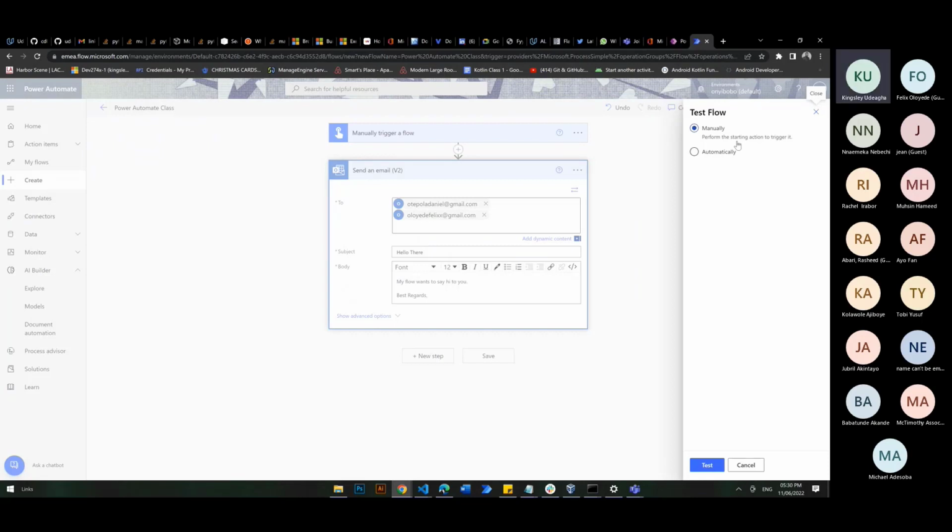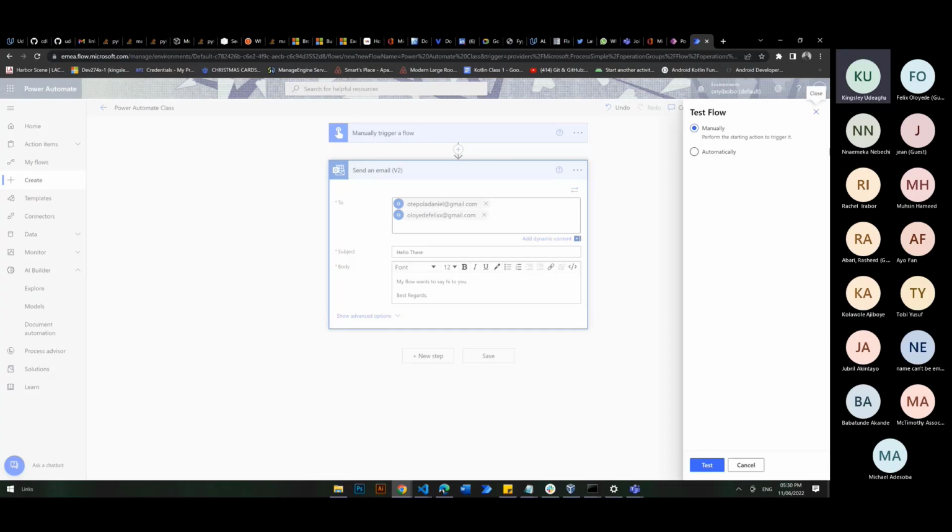You just want to run it to check that all the actions you've put in place would go as you've planned. Maybe you have different action cards and you want to be sure that they perform as you expect. So you have to test it. That's manual testing. Now, automatically, before I had a red text here